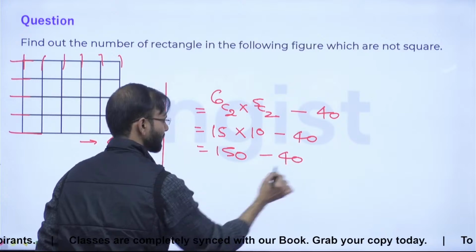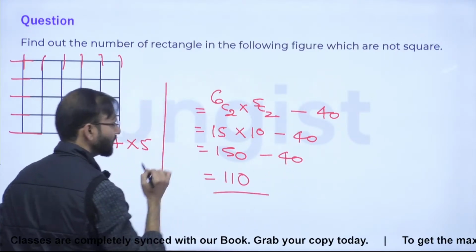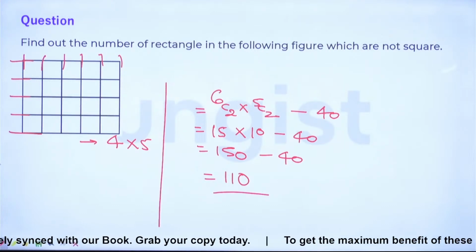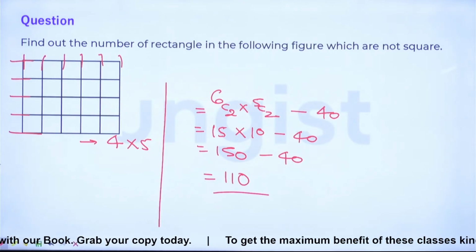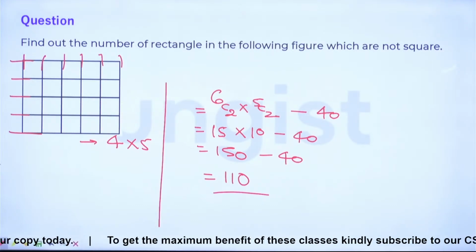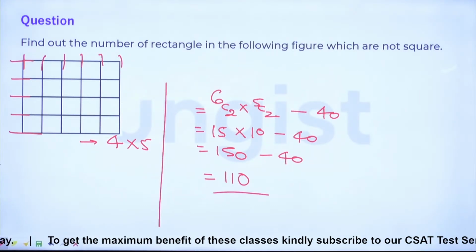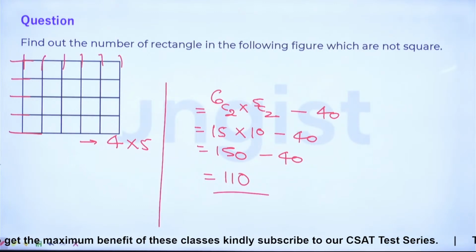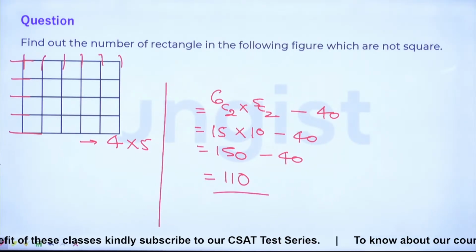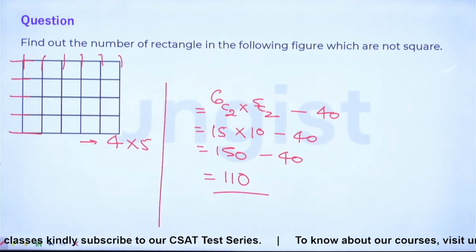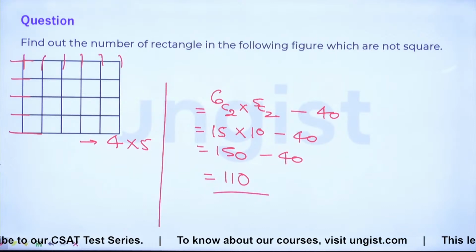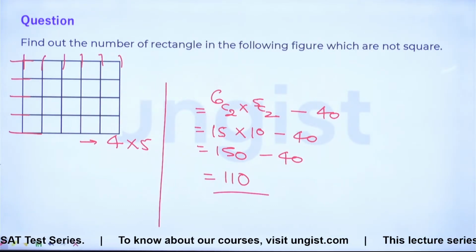What is the answer? 110. Right, everybody? Correct? Clear? Everybody? It's fine? Anyone, any doubt, any confusion? No? Done? आगे बढ़े हम लोग? ठीक है. After that,